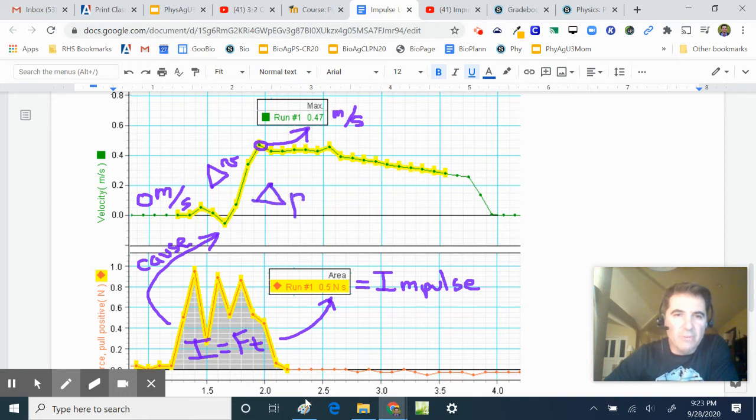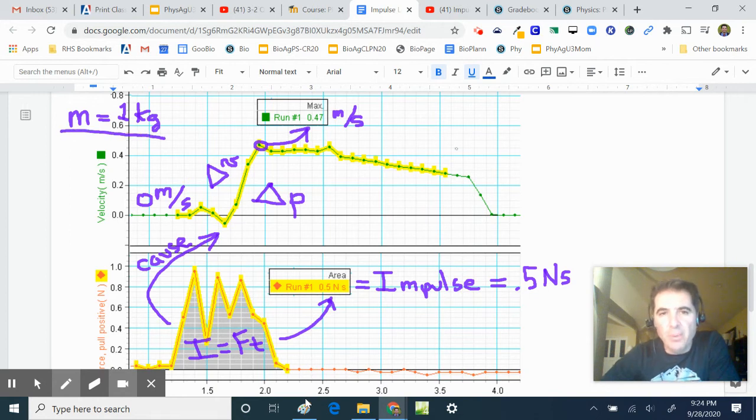We're going to start off with that and look at a couple of these numbers. The first thing is that the total impulse here is going to be equal to 0.5 Newton seconds. And if you look up here, we have a total delta P. Oh, by the way, the cart itself has a mass of about 1 kilogram, and that's important because it makes our math very easy. So the cart with the weight in it has a mass of 1 kilogram. Since impulse is equal to change in momentum,